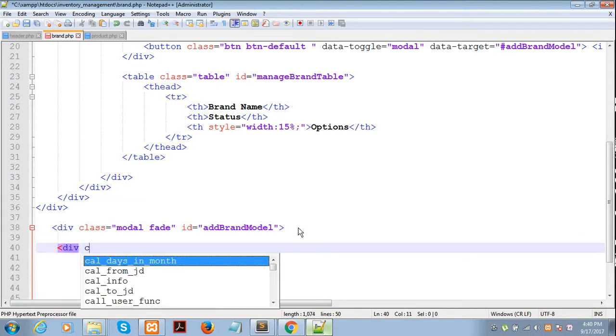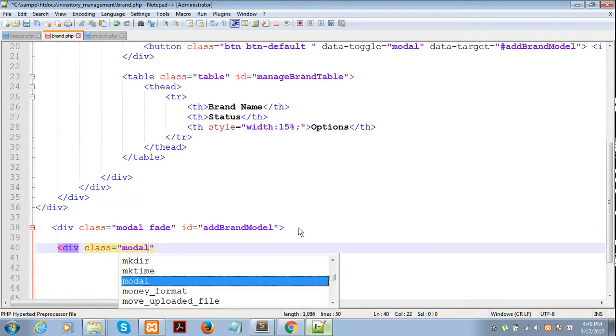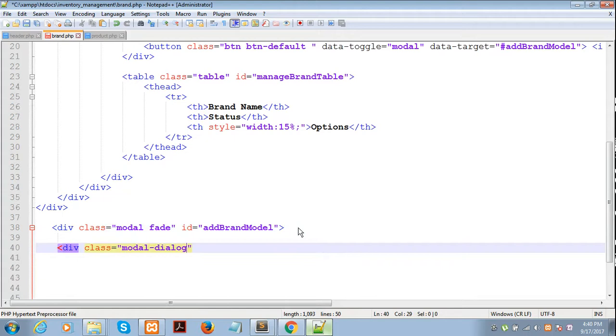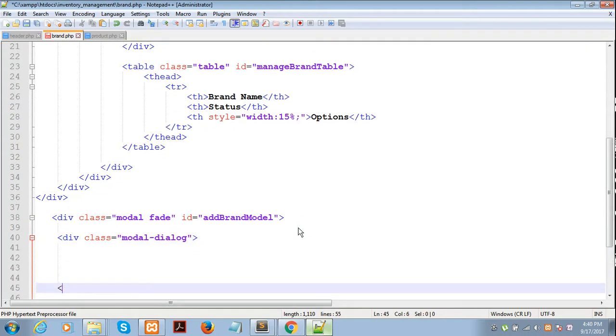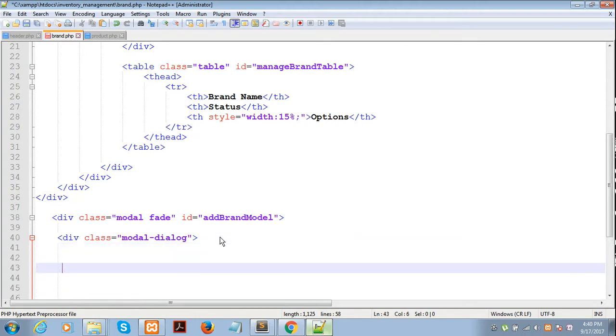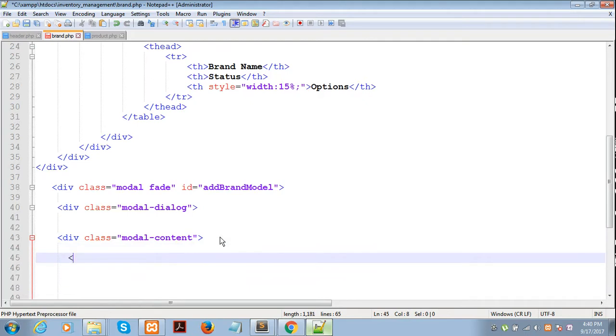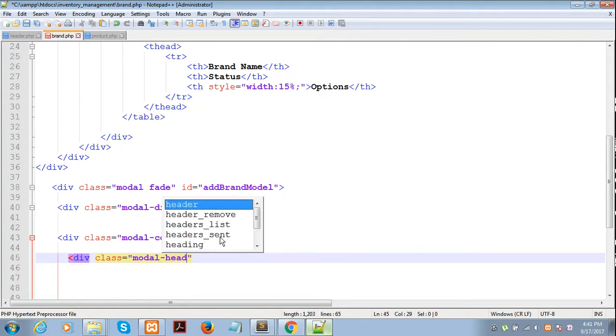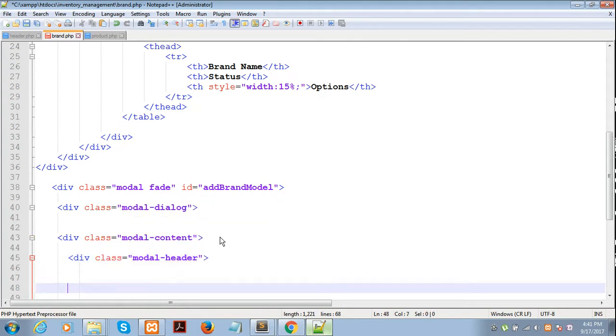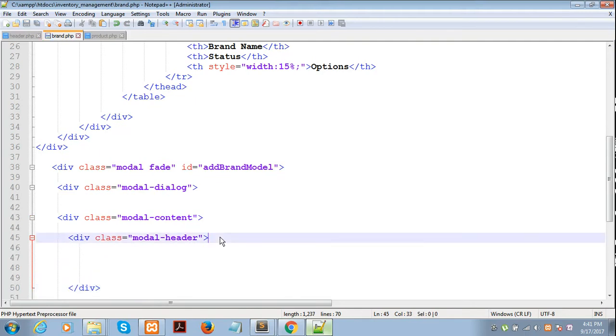Second one is the modal dialog, and third one is the modal content. We will close this one. So we need to create a modal header. We will assign this class modal-header, close this div, and it will contain